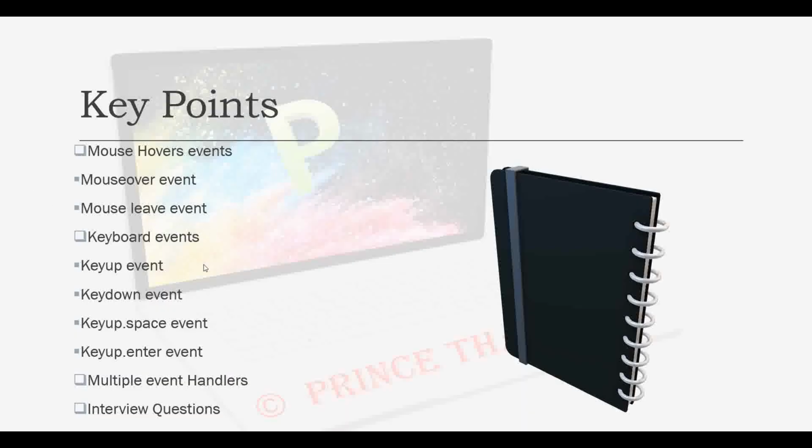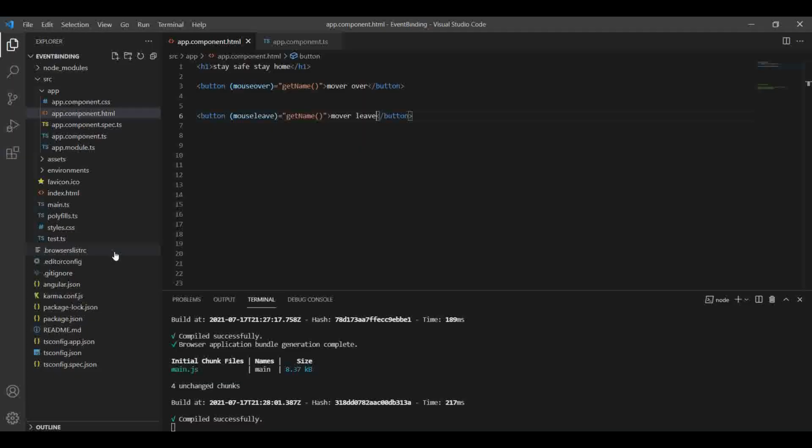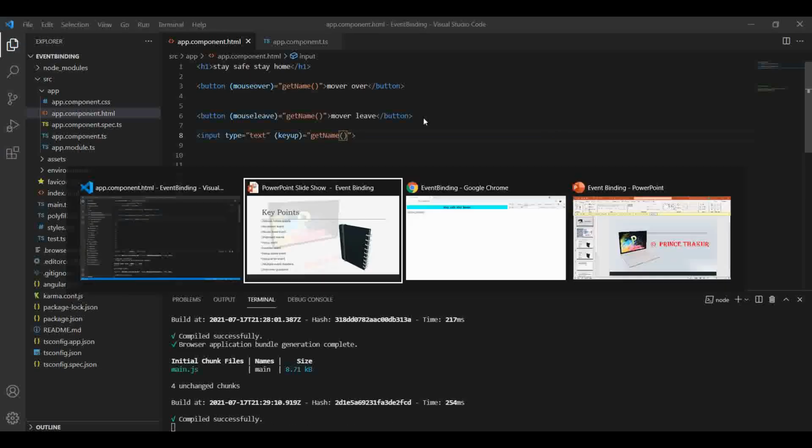Now we will go for the other events related to our keyboard. For that I need to use an input box, and inside this I will use parentheses, first the key up event, and I will call the same method, getName, and save it.